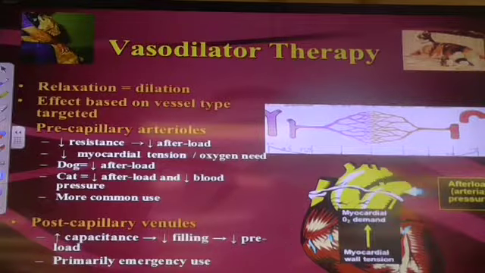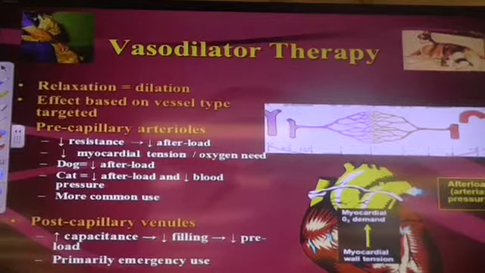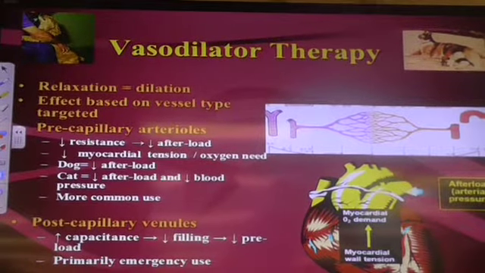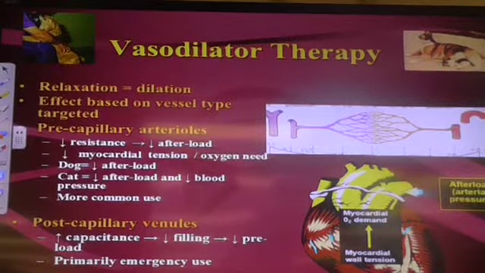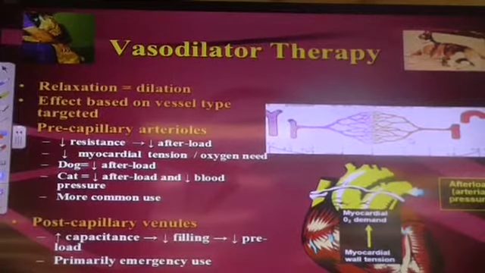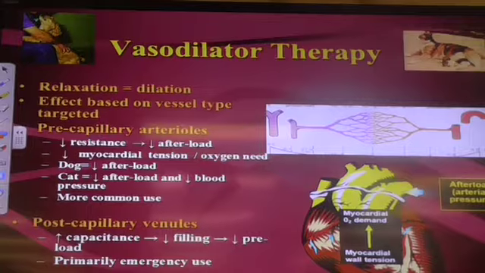Okay, in both cases, we are going to decrease the heart's work, and that means, therefore, we're going to decrease myocardial oxygen demand. So in both cases, we're going to make the heart happier. So that's a good thing. But we are going to refer to this as decreasing resistance. That makes sense. You know that arterial vessels are resistance vessels, right?